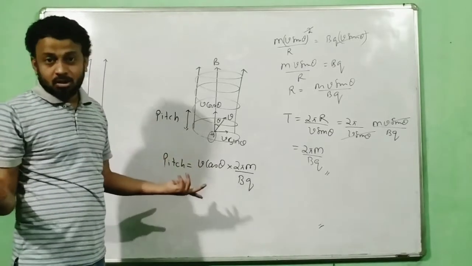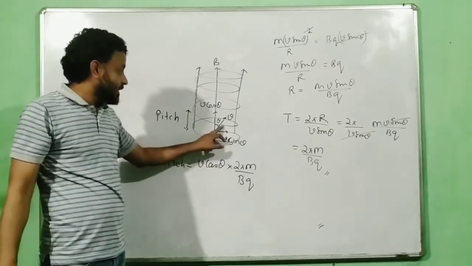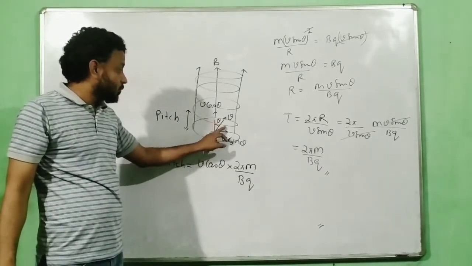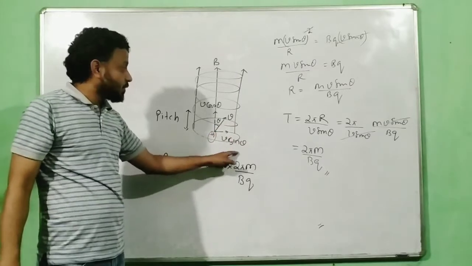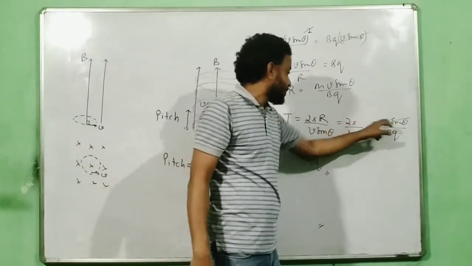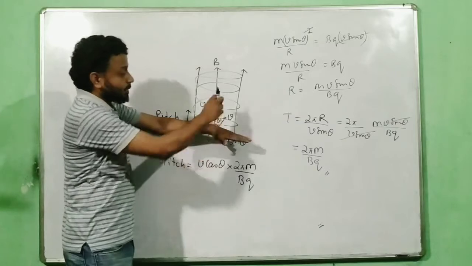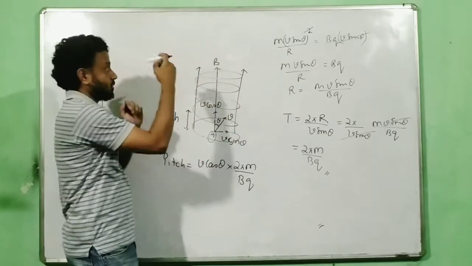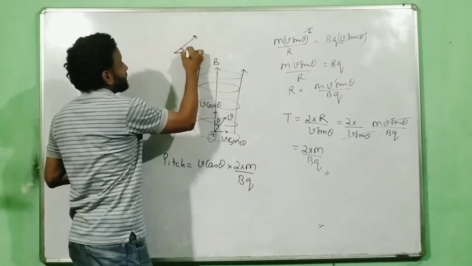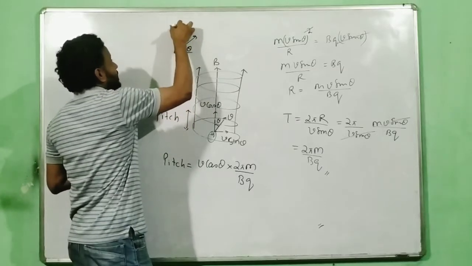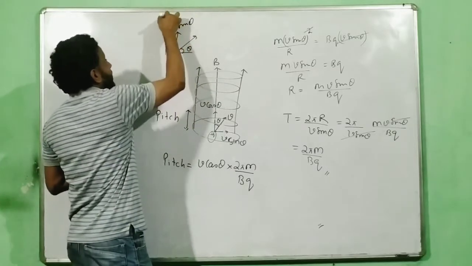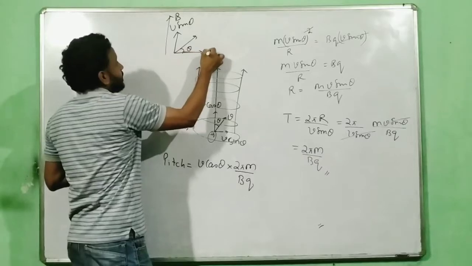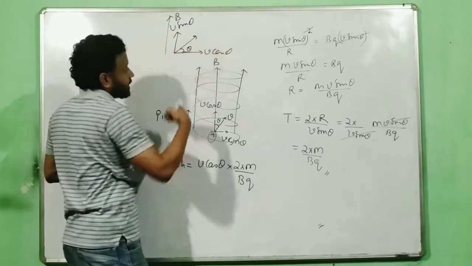But logic will not change, because if I change this theta from here and make this as theta, then the V cos will come here. So everywhere this will be V cos, and V cos is still perpendicular to magnetic field. Now who is parallel? Parallel is V sin now. So if I consider that this angle is theta, this becomes V sin theta, which is parallel to magnetic field, and this becomes V cos theta, which is perpendicular to magnetic field.